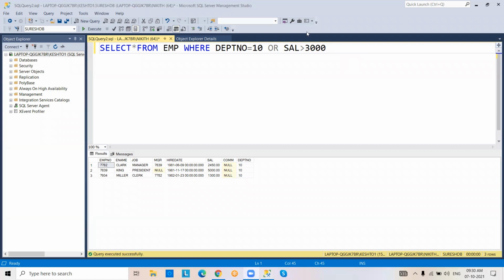AND operator retrieves only data where every condition is satisfied. OR operator retrieves data where any condition is satisfied.